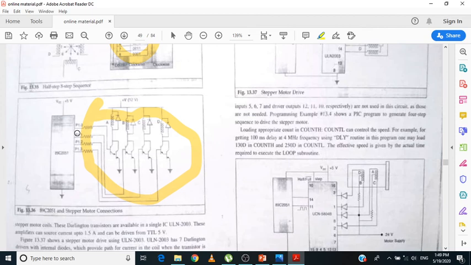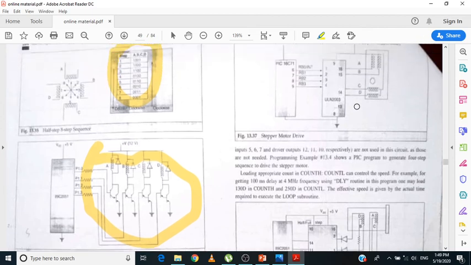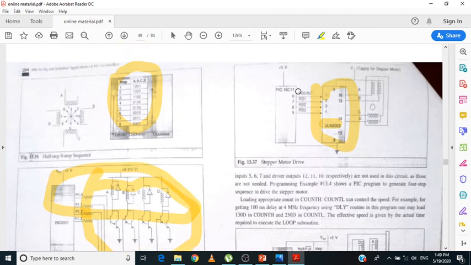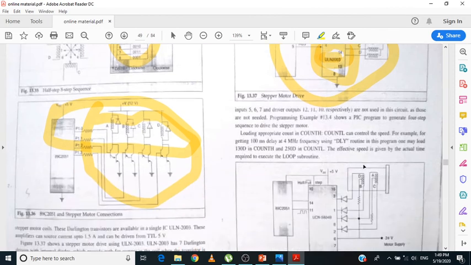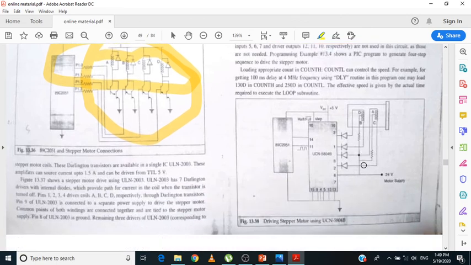Only one diagram is more than enough in interfacing, and no one will ask you to interface your stepper motor using the amplifier ULN 2003. No one will ask this particular ULN 2003. You can simply go with this particular diagram. If you are getting confused with this diagram, then you can go with this diagram in interfacing your stepper motor. But when you go with this interfacing diagram, you are supposed to write a short note on the ULN 2003, which is acting as an amplifier. And the same thing is over here, but it is a different type of amplifier. No need to go with this one in the exam.